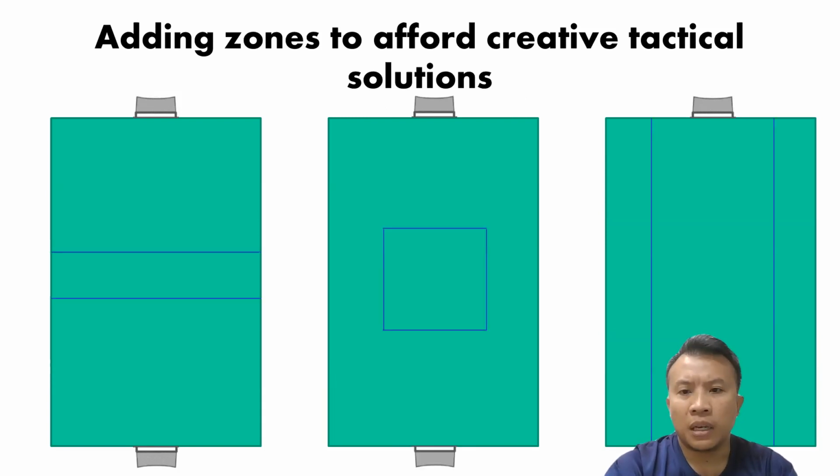Other ideas could be having a narrow zone in the middle of the field to encourage teams to play a pass to the midfield before planning their attack. You can also have a square within a rectangle playing space. So the square could be a no man's zone, whereby players are forced to launch their attack from the sides,